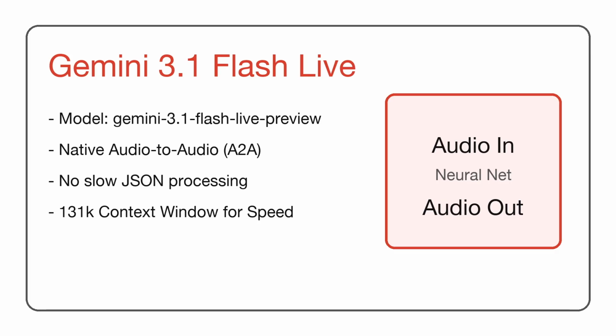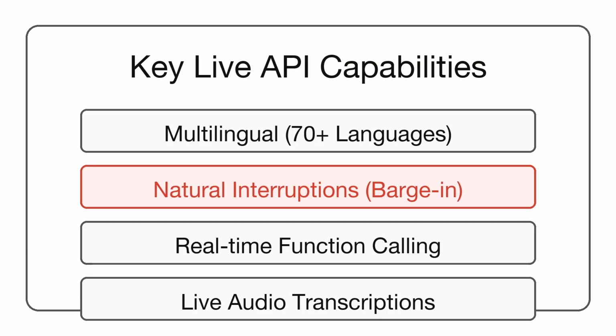Unlike older models that use thick text-to-speech layers, this is purely native audio-to-audio processing. It listens to raw audio, processes it instantly, and strings back conversational responses without any robotic pauses. The Live API brings major new features for real-time voice agents. You get full multilingual support, barge in so users can naturally interrupt you, and the ability to execute functional tools